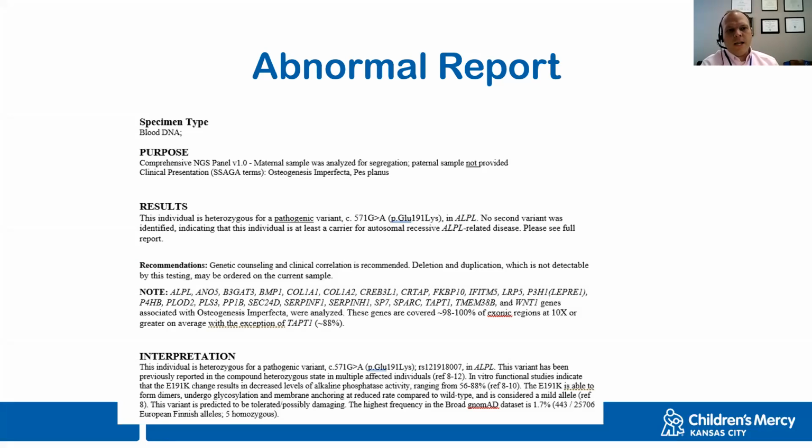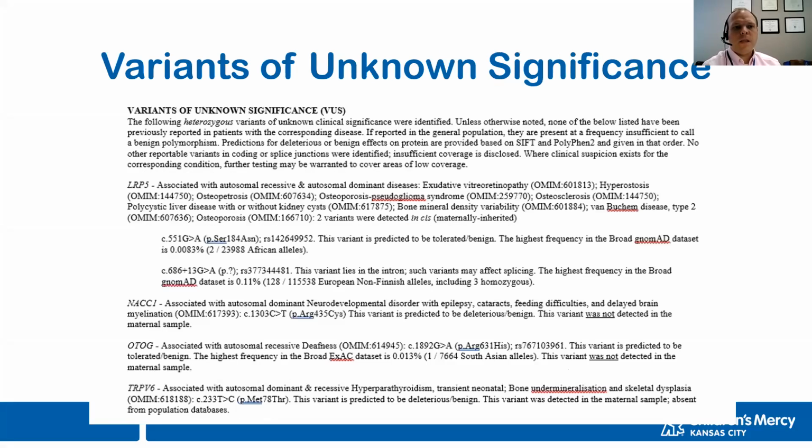But this patient is diagnosed based on the clinical findings. The variant itself is identified. Both the nucleotide sequence and the peptide sequence are identified. The gene is identified. The state is identified, meaning heterozygous, homozygous, compound heterozygous, and the interpretation, in this case pathogenic, is defined. Those are all important things to include in a report to make them as clear as possible.